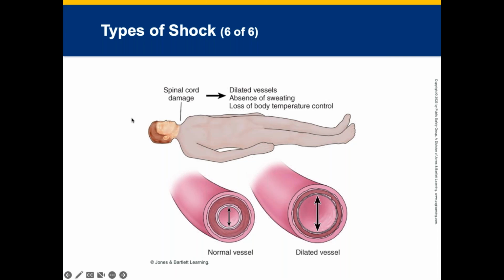So as you can see in this one here, it shows you the difference between normal vessels and dilated vessels. As you can see, the pipes become bigger, therefore in turn dropping your blood pressure. Your body can no longer maintain homeostasis with that, which is why we need to do vasoconstriction. What medication do we carry that we administer that causes vasoconstriction?